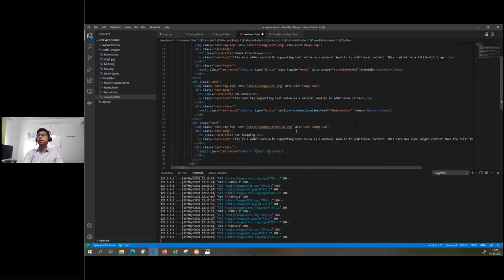Okay, so what we call ML trainings. We want to give the user a way to explore it further. So that's where we created this, and the type is equal to button. And what do we want to give here? Also, on click we want to go somewhere, right? So on click we want to go to some page, window dot